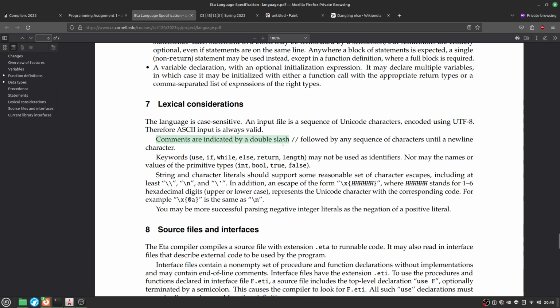Comments are indicated by // followed by any sequence of characters until a newline character. Keywords if, while, else, return, length may not be used as identifiers, nor as the names of values of the primitive types int, bool, true, false. String and character literals should support some reasonable set of character escapes, including at least double backslash, backslash n, newline character, and backslash